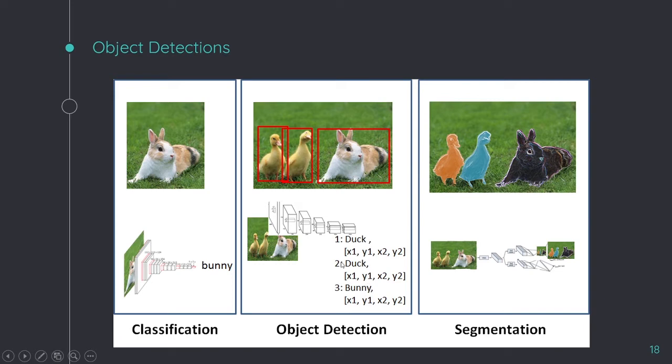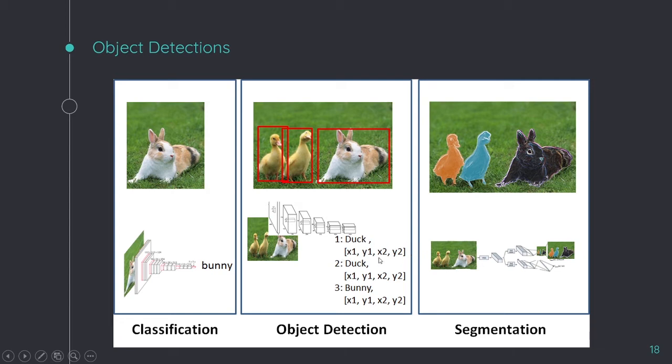We have the class of object 2 and the class of object 3 with the bounding box of each class prediction. So object detection is basically predicting the objects that are in the image with the localization, or the bounding